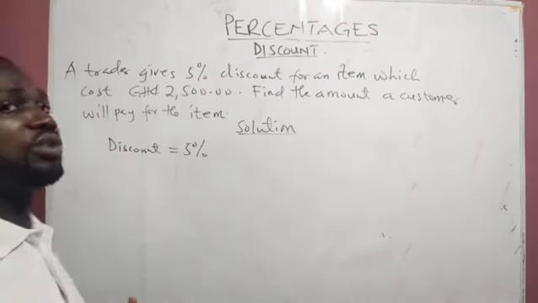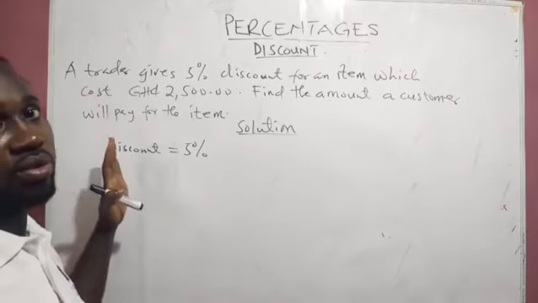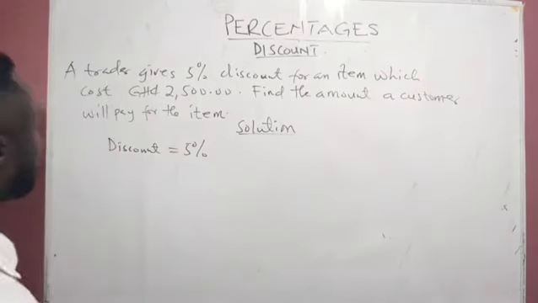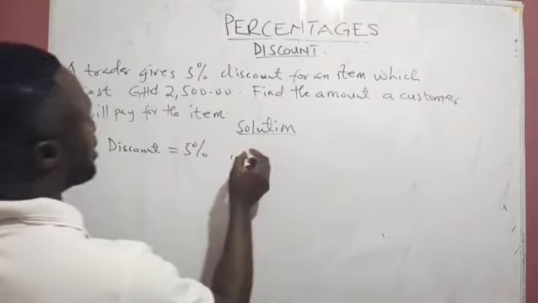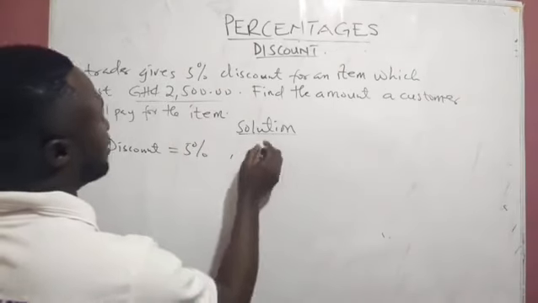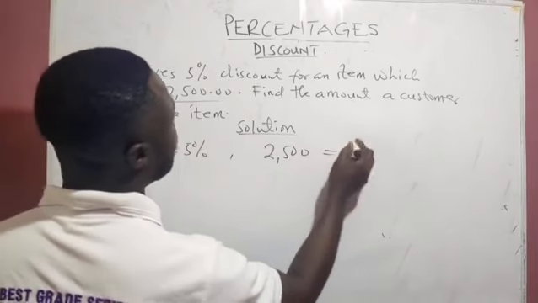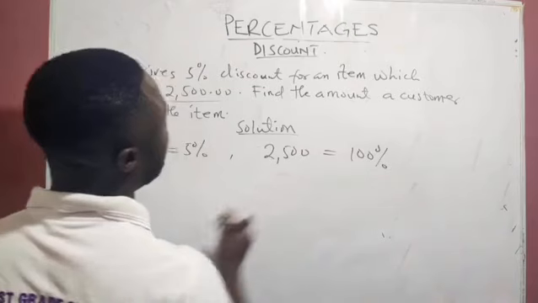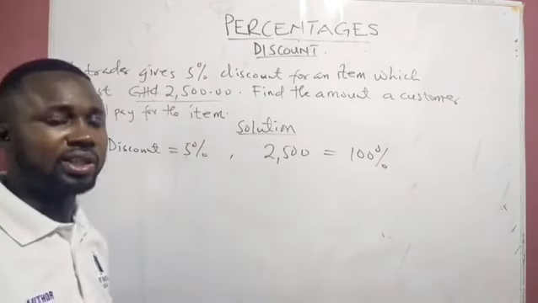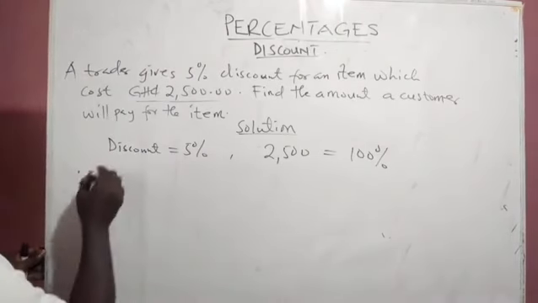So the amount one is going to pay will no longer be 100%, but what? 95%. That is 100 minus 5%. Because this is the original price of the item, we have our 2,500 equal to 100%. Therefore, the amount the customer pays